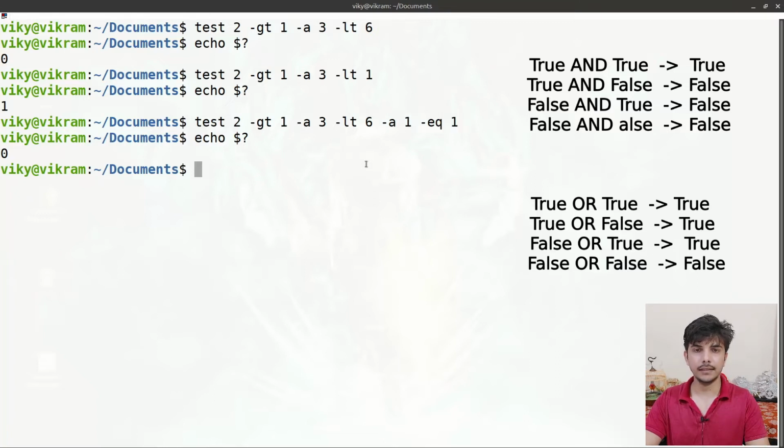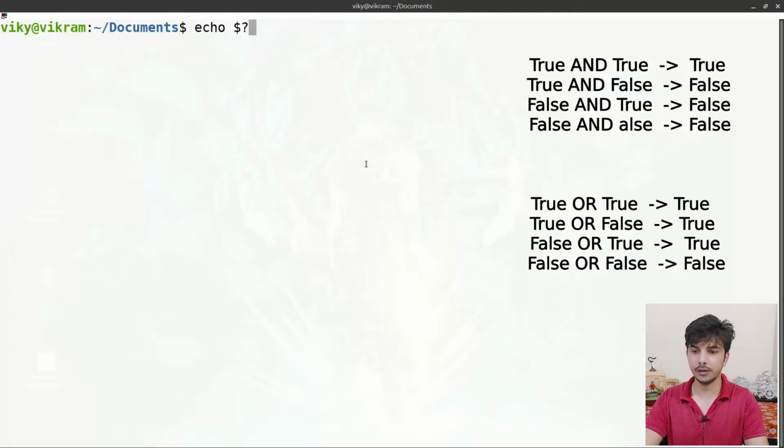and if any condition is false, in that case it is going to return me 1. Just like dash a option that is used for the AND conditions, we have another option that is dash o. Dash o option returns true if any of the expression is true. Okay, for example, I again write here test 1 equals to 1, and for the OR I can write here dash o, and then I'll write here, let's say dash d, which will check whether the given file name is a directory or not.